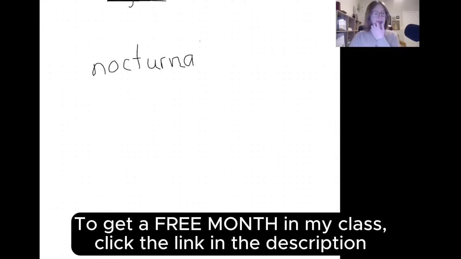So we have an O that is making the short O sound because of the tap 2 rule. We have a UR. UR says just like ER, just like IR, just like regular R. UR simply says, you don't even hear the U. And here's another example of that A that is toward the end of a multi-syllable word with a consonant after it. This is making the schwa sound and saying